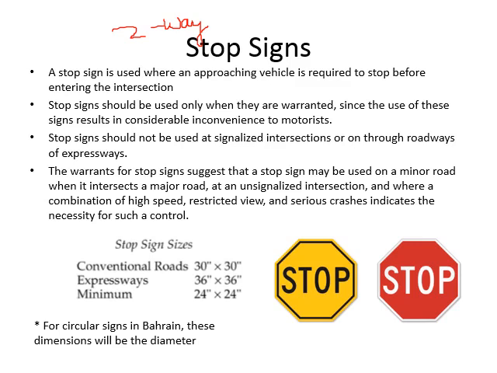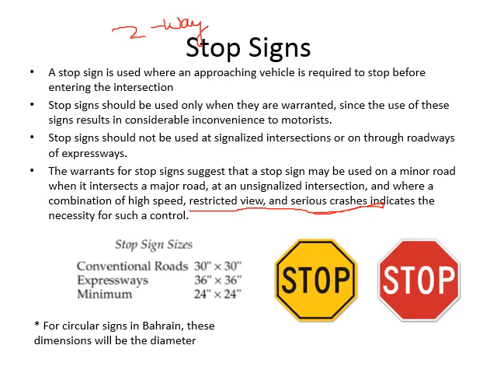These stop signs are used when there's a major road crossing a minor road, and you don't want to put a signal there. And the speed on the major road is very high, so you put a stop sign for the minor road. It is also used because you may not have enough sight distance, so the view is restricted, and because of that there are too many crashes happening, too many accidents. Crashes means accidents. So in those situations you use a stop sign for the minor road, because the vehicles on the major road are coming at high speed and you don't have much sight distance to see them.